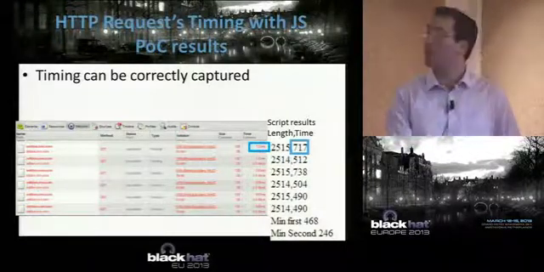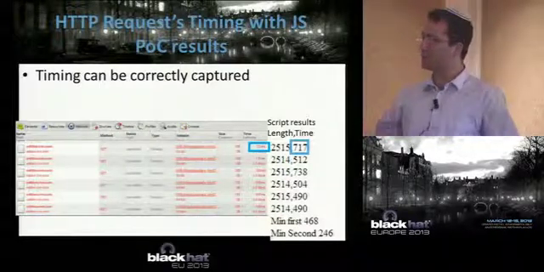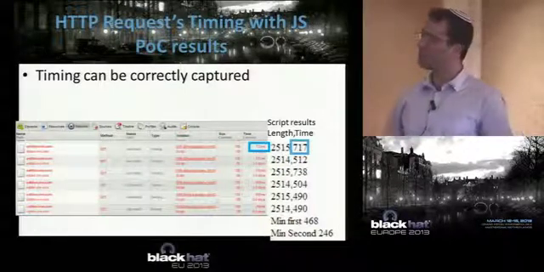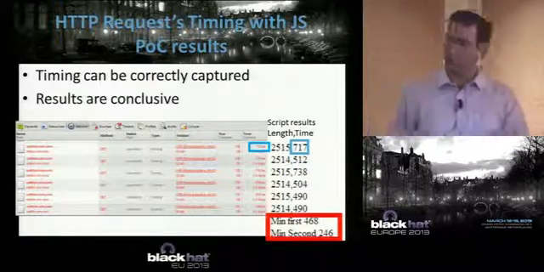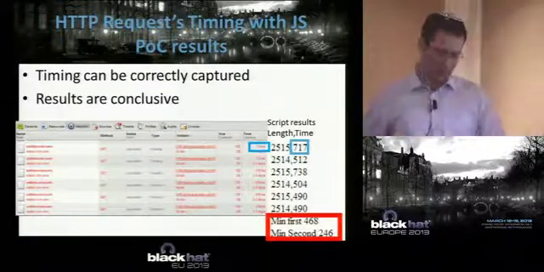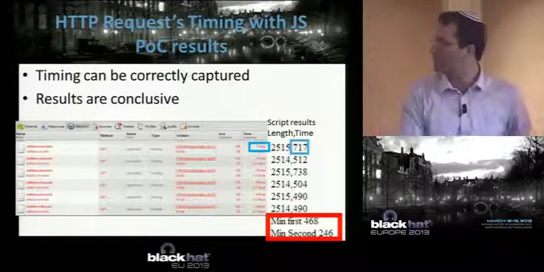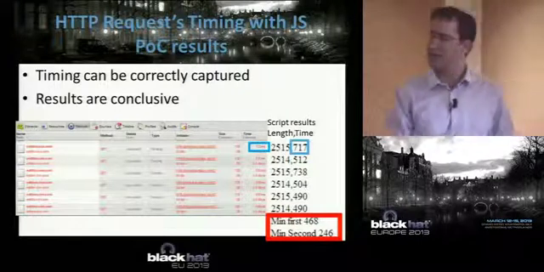So timing can be correctly captured. As we can see, the results from the JavaScript are very similar to the results coming out from the Chrome debugger, and the results are conclusive. I didn't include all of the results in the screenshot, but in this case, we had sent alternately